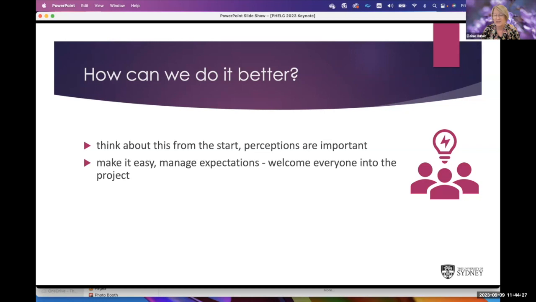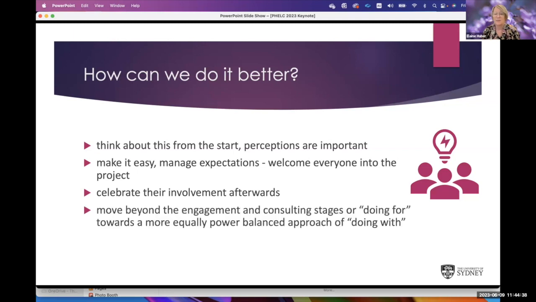So in terms of managing expectations, making people feel very welcome into the project or into the collaboration, and that celebration of their involvement. And so it's about moving beyond "I'm doing this for the students", being very transactional, but also about doing it with the stakeholders, so involving them in the process along the way. And I'd be keen to hear any suggestions that you might have. You could drop them into the chat if you've got great ideas, and I know we might talk about that at the end of the day today.